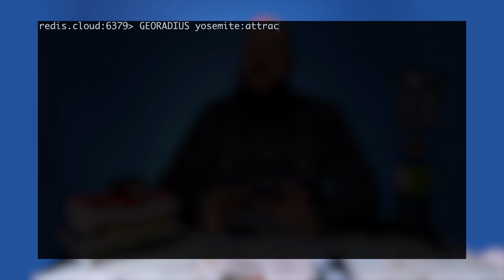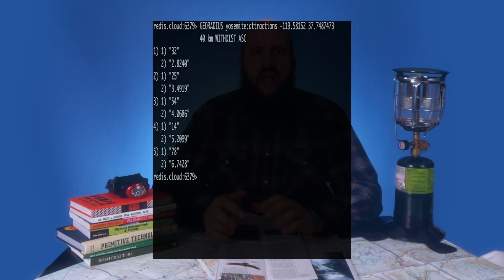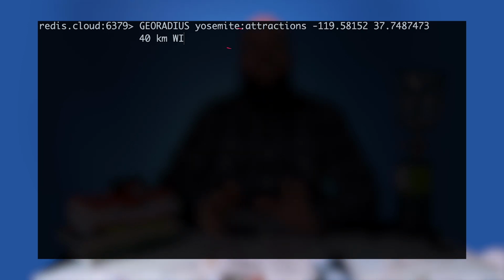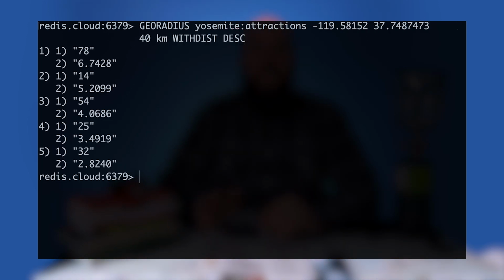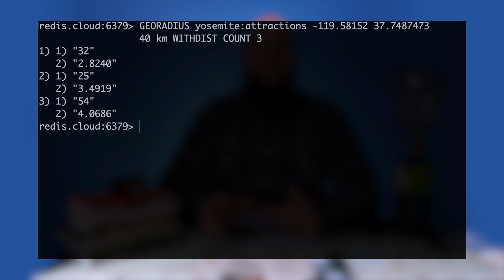By default, georadius returns coordinates in an unsorted order. If you want to order the locations from nearest to farthest, use the ascending option. This is useful if you want to list the closest geospatial items first within the radius as a list for the user. Conversely, use the descending option to provide a list starting from the farthest distance to the nearest. Lastly, to limit the number of geospatial items returned in a georadius command, use the count option. This will greatly reduce bandwidth when you know you only need the first few results from a georadius query that's likely to return thousands of locations.